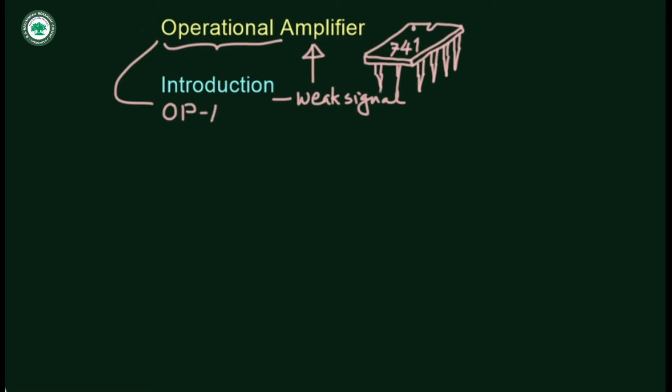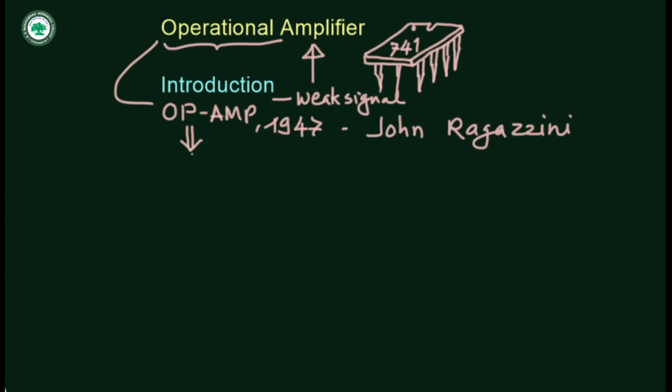as op amp in 1947 by the engineer John Ragazzini. And this operational amplifier was used to perform a variety of operations